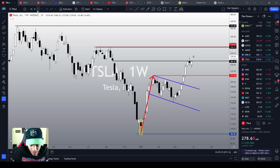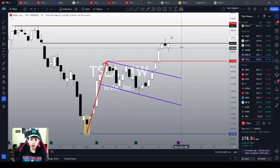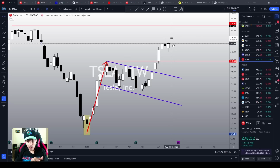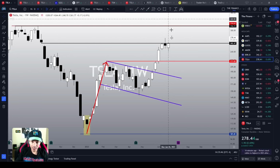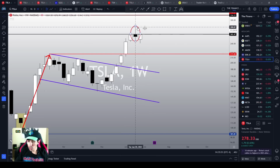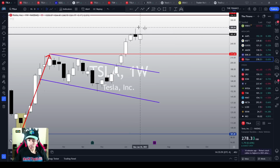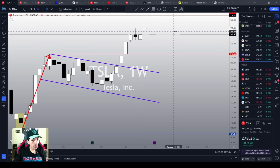Now, let's take a look at Tesla's weekly chart over here. On the weekly chart, this looks phenomenal because Tesla not only broke the 262 resistance level, which was a previous open gap from September 2022. We filled this gap 2 weeks ago, and then we did a top signal. Then we did a very good reaction last week, but this week we are totally rejecting the possibility that this could be a top signal, right? We are totally rejecting this bearish candlestick pattern. We traded above it this week and we broke the 262 line for good, and we are closing above the